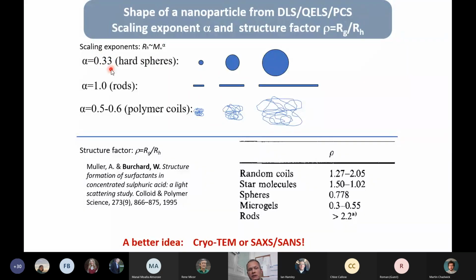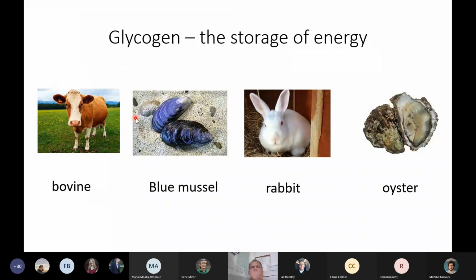And this scaling exponent is very sensitive to particle structure. So for hard spheres, remember that volume is proportional to the radius to the power of 3, so the scaling exponent is 0.33. For rods, alpha equals 1. And for polymer coils, depending on the quality of the solvent, alpha could be in the range of 0.5 to 0.6. So let's just apply this trick